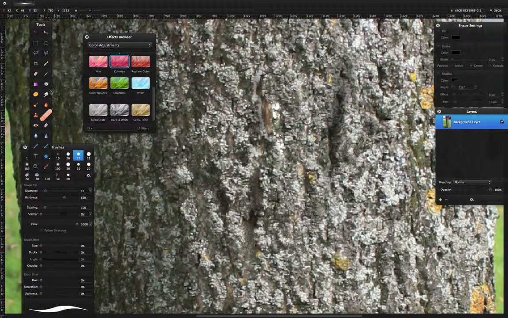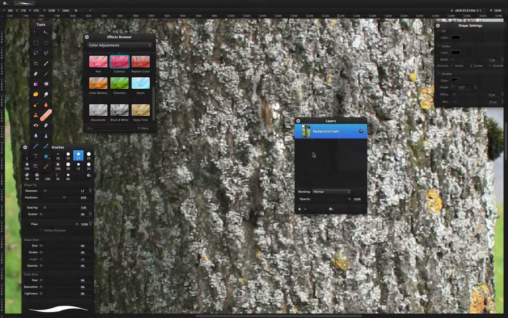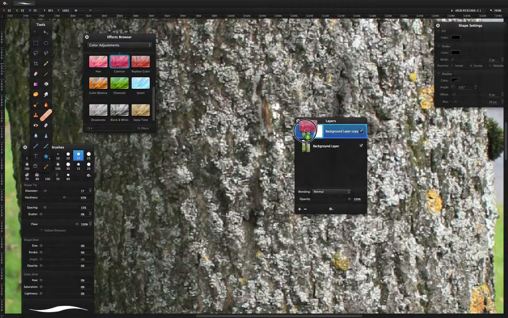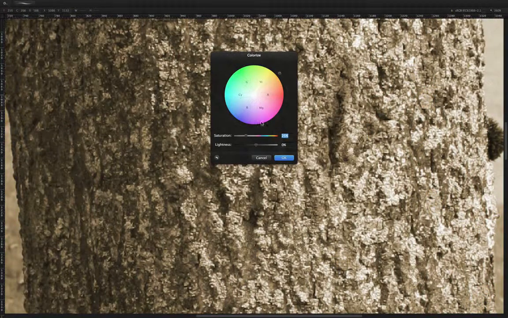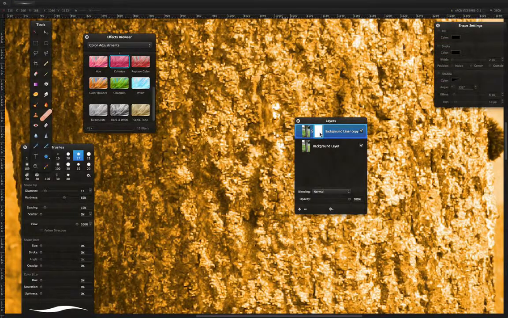You've got all the other good things like paint bucket, gradients, pencils, and more. Another thing that we can do is duplicate layers. There's built-in masking. So if we wanted to add a mask, double click in, and if I do something like colorize this layer, and I make this layer yellow, and then I have some